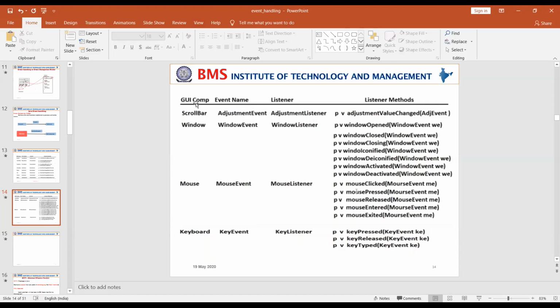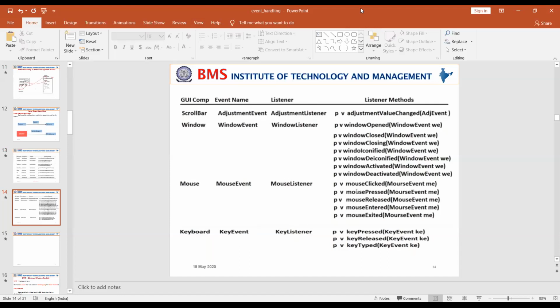Similarly, you have window, mouse and keyboard components. You can see the different events they generate, the interfaces that handle those events, and the methods in each interface. Just have a look over here.